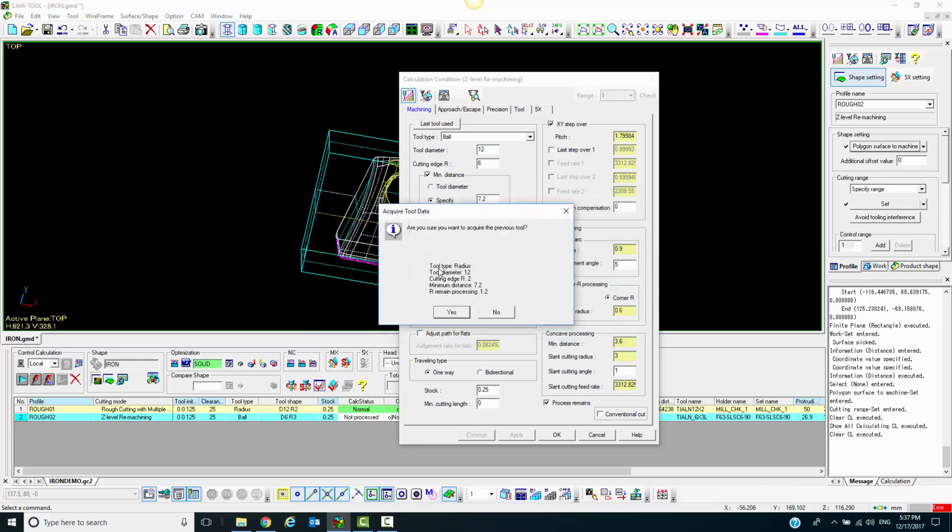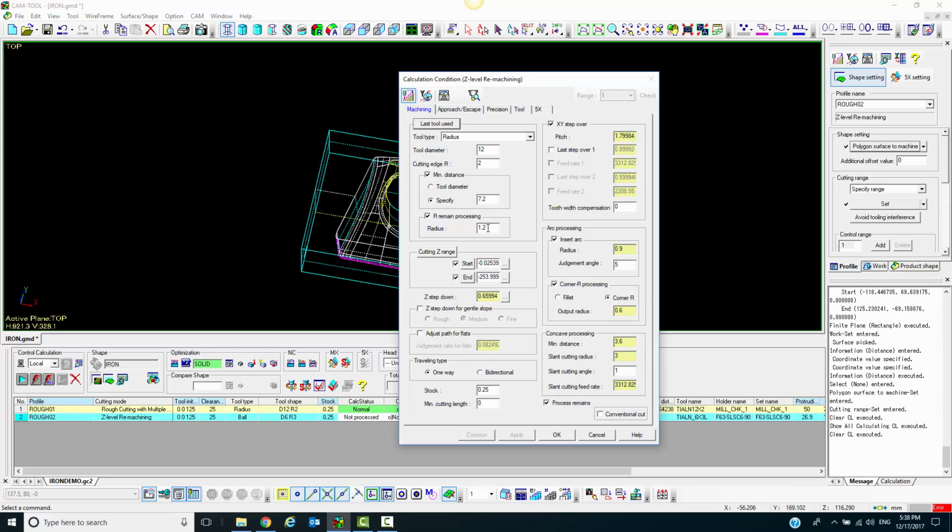You'll notice it's going to pull in the tool type, the diameter, the cutting edge radius, the minimum distance, and the corner R processing. Corner R processing is the size of the arc left in the corner from the previous toolpath, and the minimum distance keeps it out of areas that are too small for the tool to effectively fit in. You'll also see Z ranges, step downs, a path for flats, stock values, arc settings of this individual toolpath,